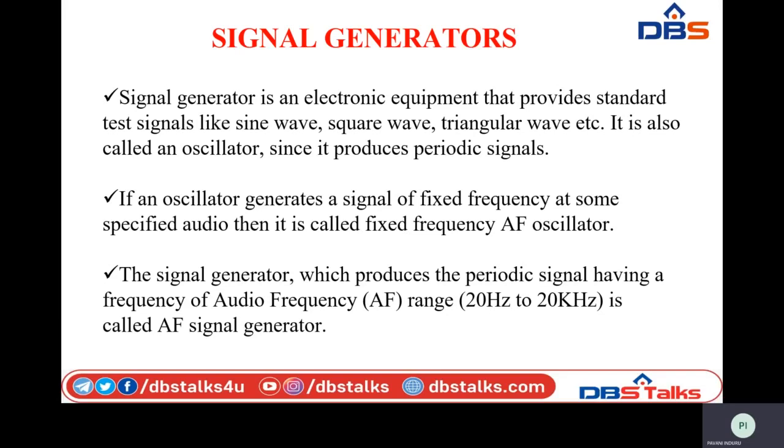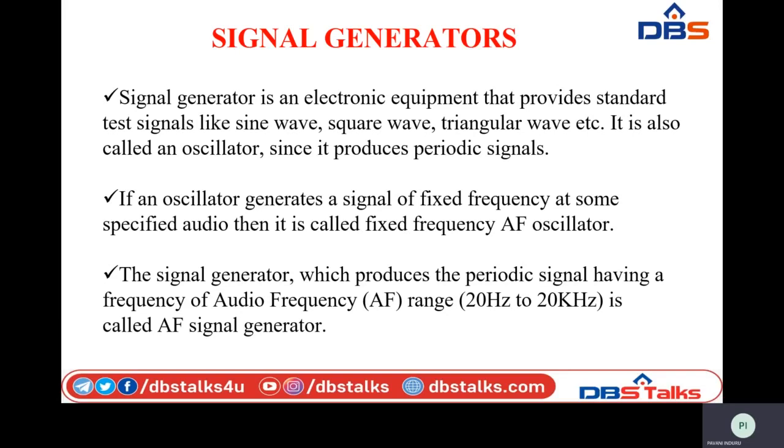Why do we need signal generators? We need signal generators for generating various waveforms like square wave, triangular wave, sawtooth wave, etc. Why are these signals required? Because to test different electronic equipment and circuits, it is necessary to provide inputs. Based on how the signals are varied after passing through the electronic circuits, we can analyze the performance of that circuit. That is why we require signal generators for testing electronic circuits.